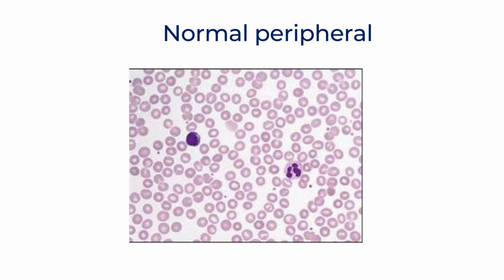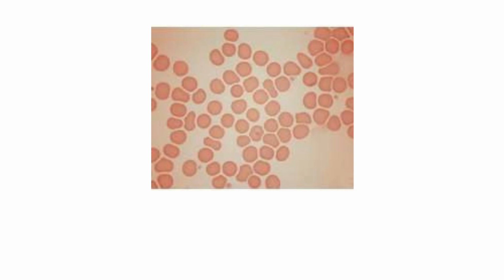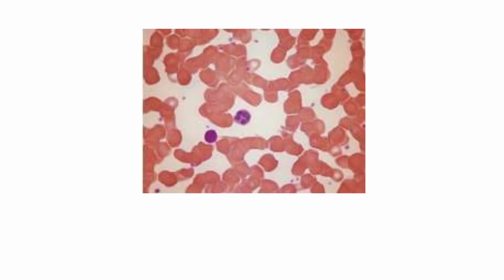This is just a brief picture of what your normal peripheral blood smear looks like. RBCs are very well separated from each other. We see one lymphocyte, one neutrophil, and we also see platelets. Now this is an area too thin to examine the slide. They are too much separated from each other. There are no WBCs in this picture. This is an area where the RBCs are far too clumped on each other for us to be able to